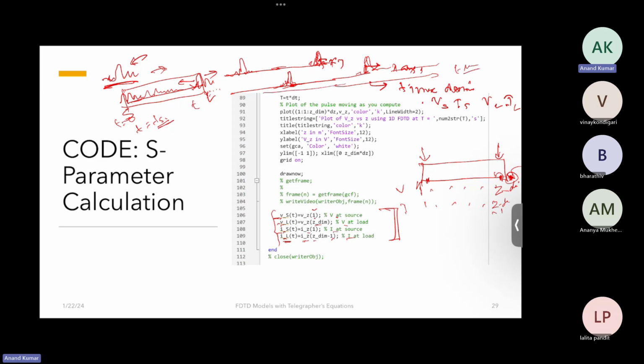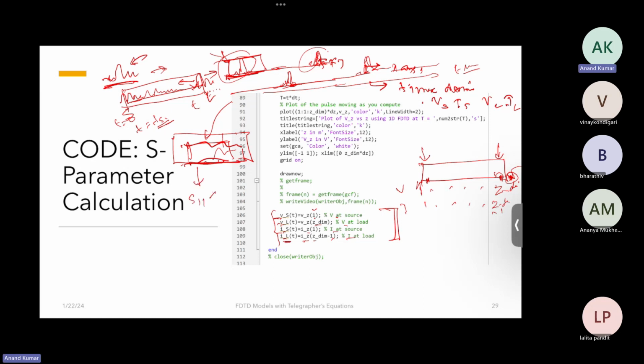And once you have all this data, we perform an FFT. And since the signal had all the frequencies, if you take an FFT on it, you will get a square response, and maybe some reflected thing will be added to it. Some reflection was there. So you will get a frequency domain response at all the frequencies. And since you know that you sent a rectangular plot in frequency domain, and you get some value of voltage and current at both ports, you can just use these values to calculate the S